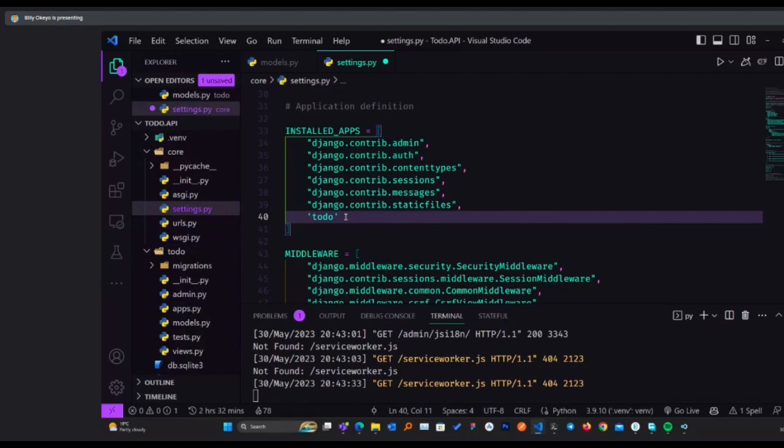I'm adding it so that whenever I'm running manage.py, Django will know that there's an app that was created named todo, and you can consume anything from todo that you want. Anything that I've specified in todo can be accessed at a project level. So that's why we are having todo here. I'll just save it.